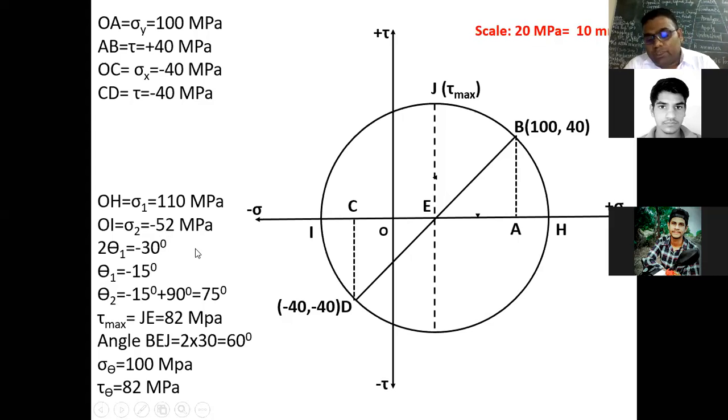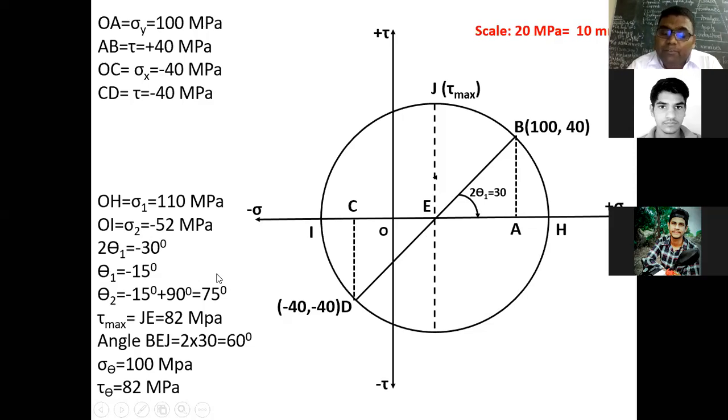Then come to the next step, to find the orientation or position of a principal plane. So what we do is, by this inclined plane BD, we measure this angle by using the protractor. It comes 30 degree when you measure it. So you see that this is 30 degree. Then what will you do? Then you just halve it, 15 degrees. It is anti-clockwise. You can write here in a bracket, anti-clockwise.